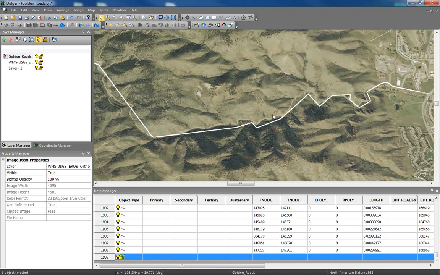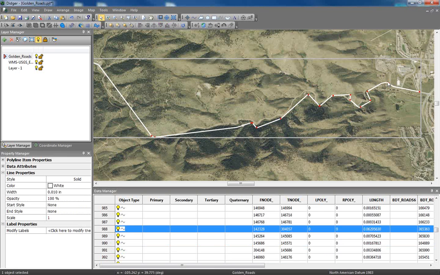And as you can see, this road right here that I'm selecting does not really fit the underlying image, and it's not really good enough resolution for a small-scale mapping operation. So what I'm going to do is reshape the polyline so it better fits the underlying aerial